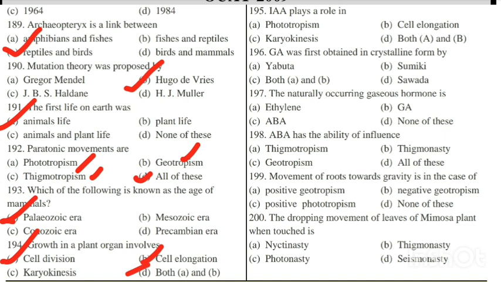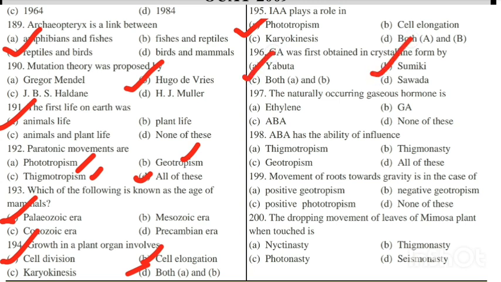Next question, IAA, that means indole acetic acid, plays a role in both phototropism, that means movement of the plant towards light, and second, cell elongation. IAA, indole acetic acid, is an auxin, so it plays an important role in phototropism as well as cell elongation. Next question, gibberellic acid was first obtained in crystalline form by